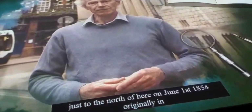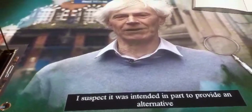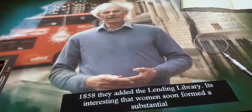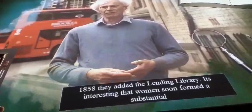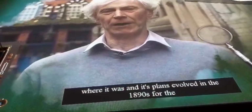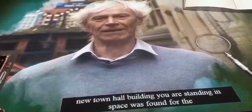I was local history librarian with the City Library, and it was still based in the town hall just behind me. Oxford's first public library opened just to the north of here on June the 1st, 1854, originally in a single room. Initially it was simply a reading room, and I suspect it was intended in part to provide an alternative to the pub for the working man. But within a few years, in 1858, they added a lending library. It's interesting that women soon formed a substantial minority of the borrowers. The library was clearly inadequate where it was, and as plans evolved in the 1890s for the new town hall, the building you're now standing in,